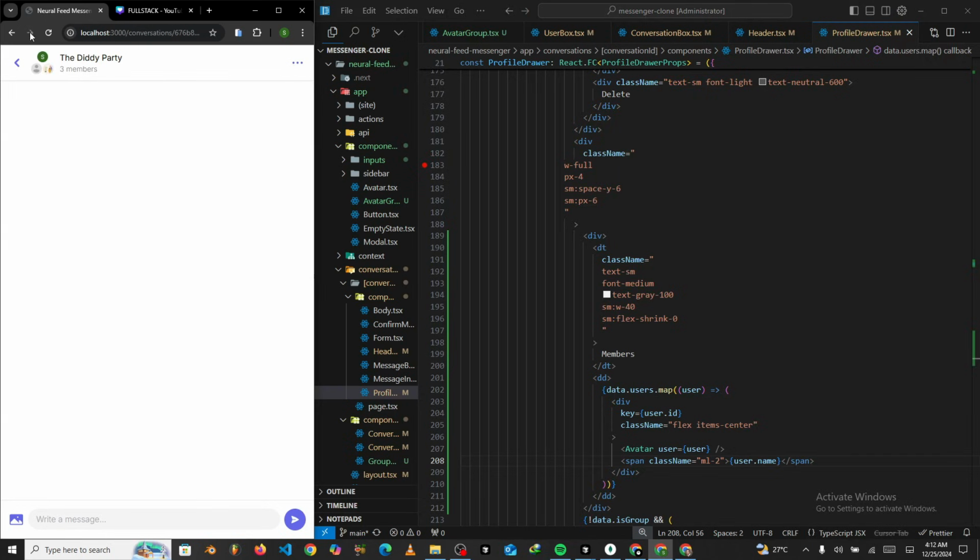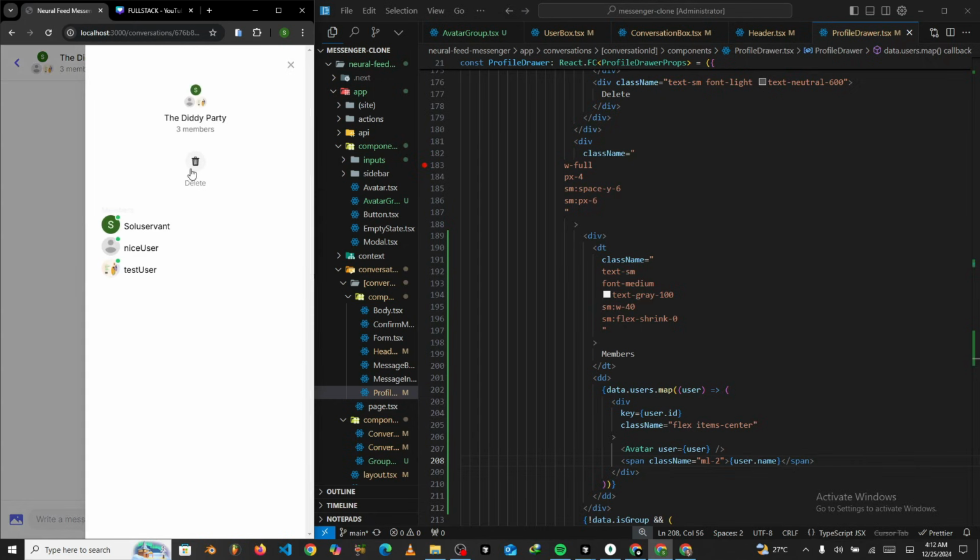Okay, so let's quickly refresh, and then you can see the changes that we just made. So you can see these are supposed to be the users we have to be displaying. Oh, let's make this some 600 or something, or 900. Okay, so these are the members. Let's make it 500. Let's make it 500, and basically the dd